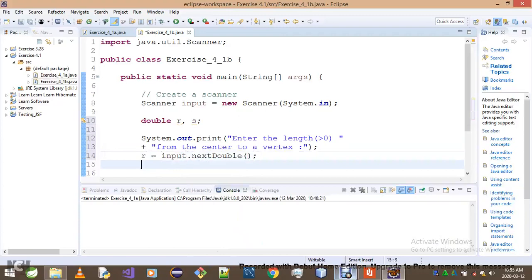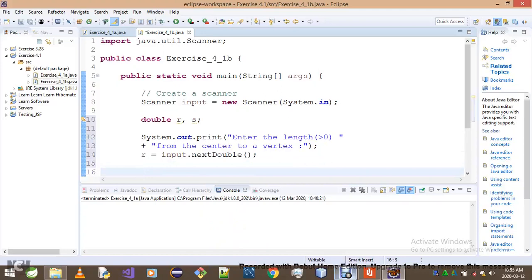Once I do that, there's something I want to verify first. That's one thing that student A did not care about. He did not verify user input. So we want to make sure that our radius is never negative. So I can simply go if r is less than or equals to 0, then